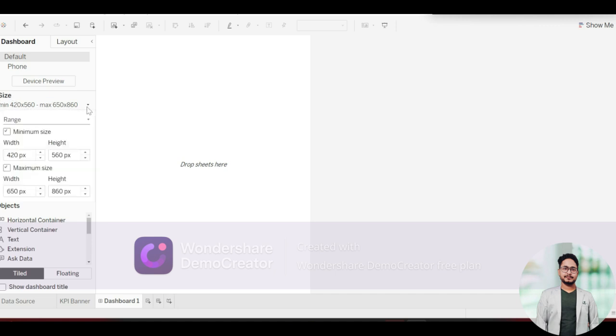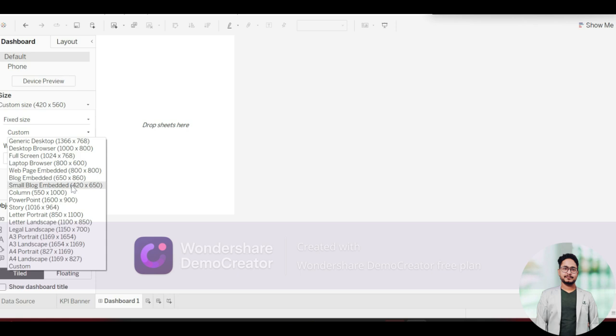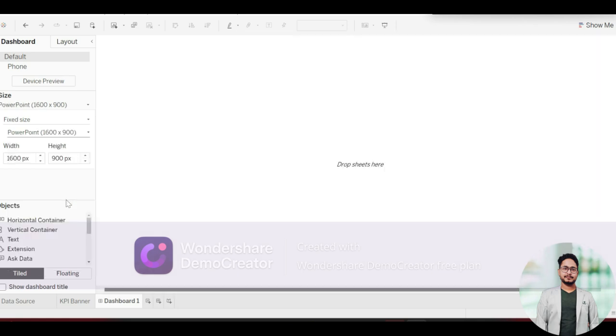Go to size and click on fixed size. You can click on custom and you can select the PowerPoint 1600 into 900. This will create the entire screen as your dashboard. Now once you have created the screen, let's go ahead and insert our